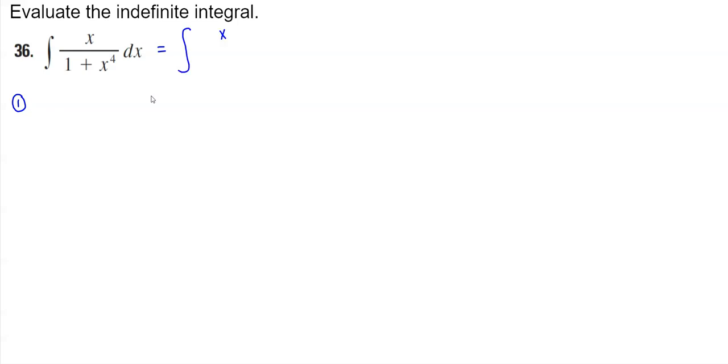So we have x over 1 plus x squared, squared, dx. Okay, so what we can now do is replace u to be x squared so that it matches something that we've seen before as far as our antiderivatives. So we're going to let